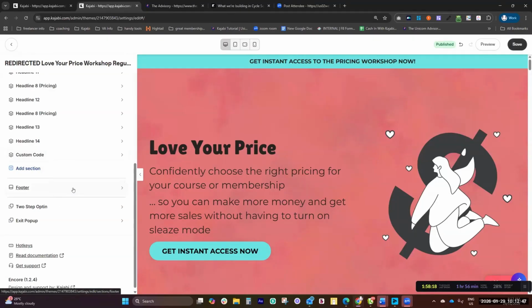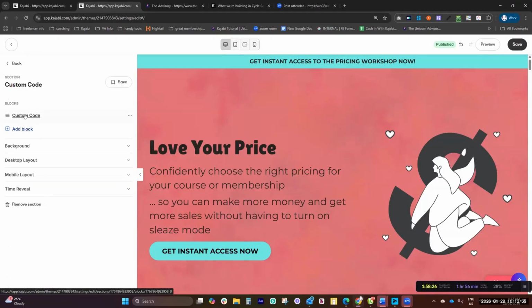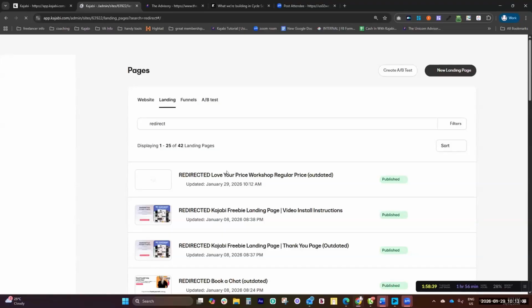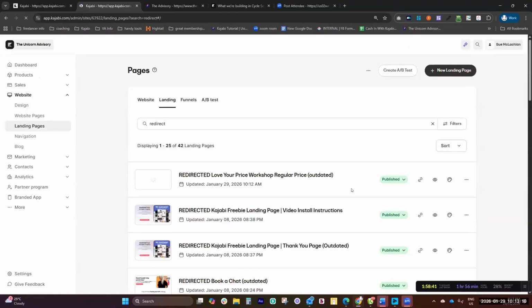So I'm going to just show it. Just add that as a section or a block. Add a custom code section, and then you'll get the custom code block, and then just add that code in with where you want the page to go to. But you do have to keep the original page published for that to work. If you don't want that to be seen, you can just put your pages to draft, and you can actually filter pages by published and draft. So if you have a heap of draft pages,